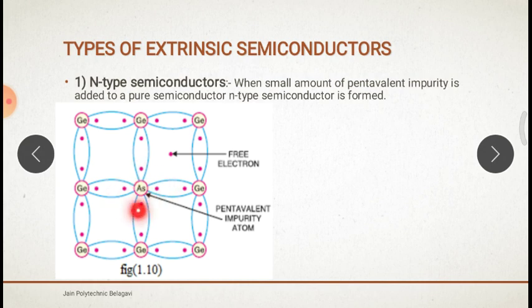See, these 4 are busy forming covalent bonds with the germanium atoms. So one is left, which is called a free electron. This free electron constitutes the electron current. Like this, from one arsenic atom we get one free electron, and from many arsenic atoms we will get many free electrons. That constitutes the electric current. It gives one free electron, so it is a donor. Electrons are always negatively charged. So this is about the formation of n-type semiconductors.